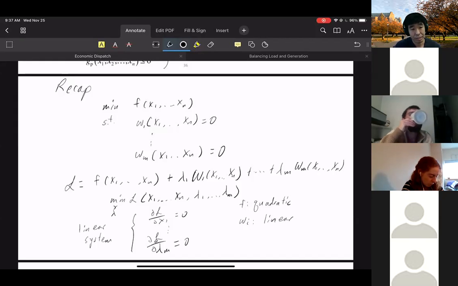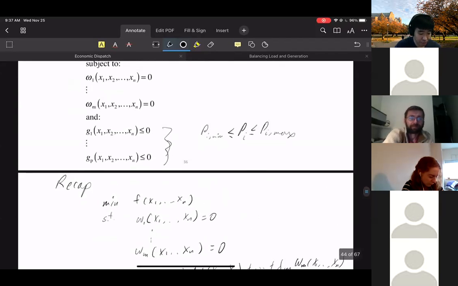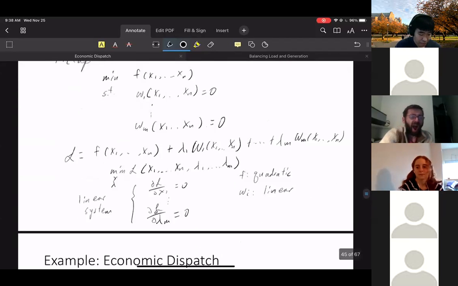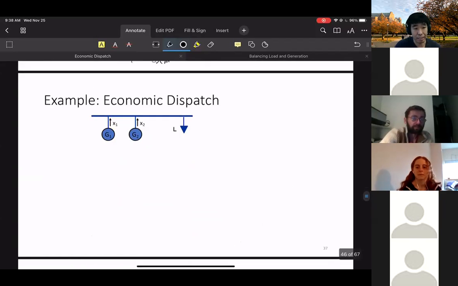So if you look at inequality constraints, we don't always have just equality constraints. There are always inequality constraints associated with the generators, for example. If you look at economic dispatch, there are always inequality constraints because a generator cannot generate an infinite amount of power. So if you look at a typical problem, what we have is minimize something like x2,